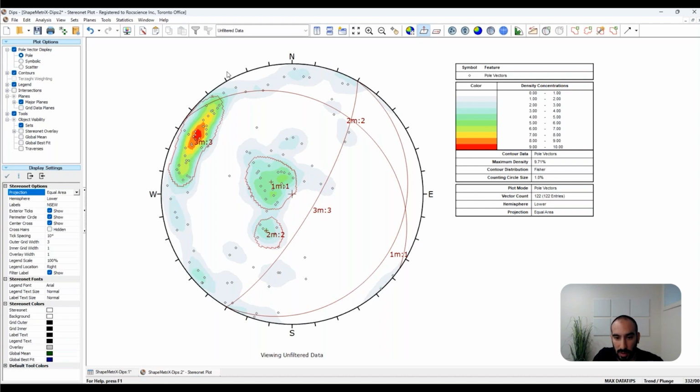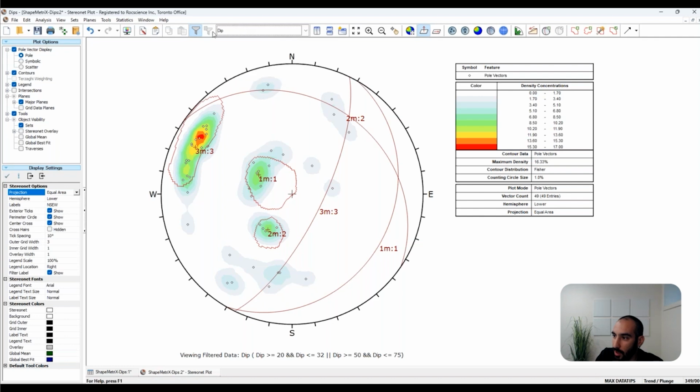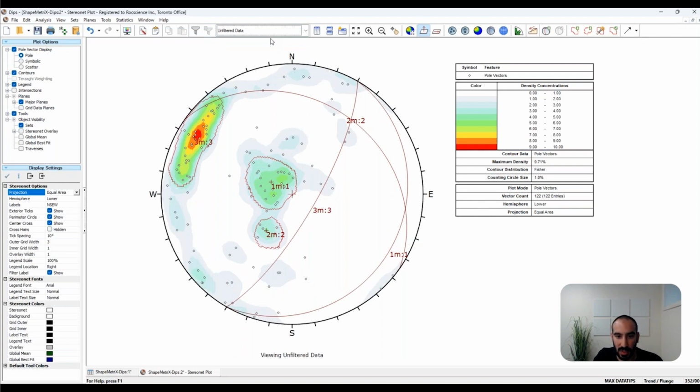We defined our dynamic filter, and using this drop-down menu, when we change our unfiltered data option to dip filter, you can see only the measurements that satisfy our filter are now included, and the others are filtered out. And this is how you can dynamically add a filter. Let's go back to unfiltered data